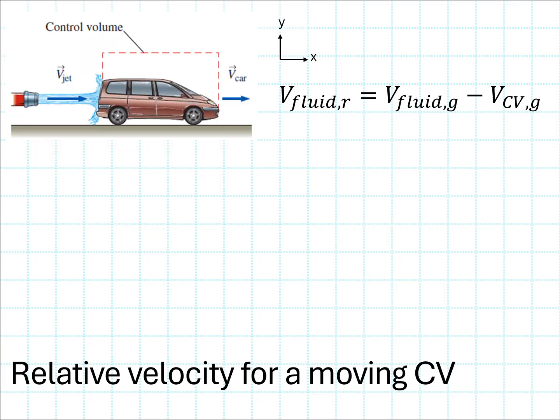So now in this example, we've got a moving control volume. We're going to take the same exact approach. The governing equation is exactly the same. The only difference now is that the velocity of our control volume is going to be something other than 0. So in this example, I have a toy remote control car, and I'm playing with it with a hose. So I'm moving the remote control car at a constant speed, and then I'm hitting the toy car with a jet from the hose. So if I'm directing the car toward the right, like you can see in this schematic, at a constant speed of 1 foot per second,